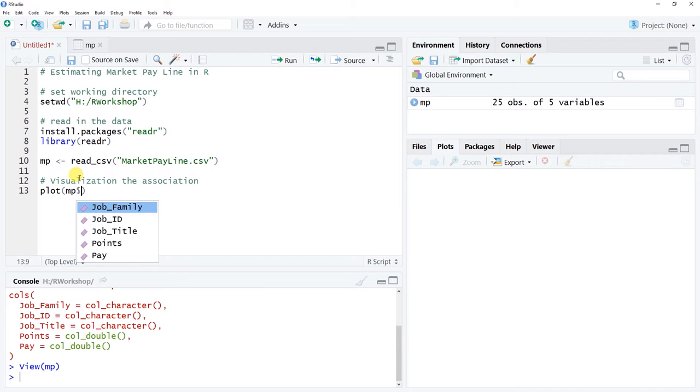And the first thing we'll do is note the name of our data frame object, which is MP, add a $, and then the name of our predictor variable, which is points with a capital P. And then note that we have the data frame again, $, and then pay, which is our outcome variable. So here, as the first 2 arguments, we've entered what is ultimately going to be our predictor variable and our